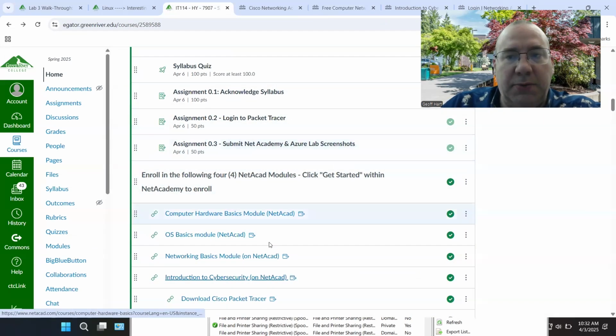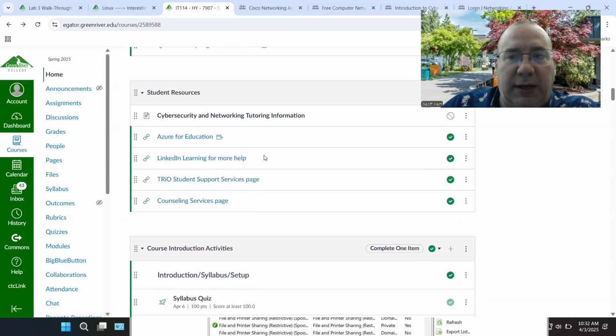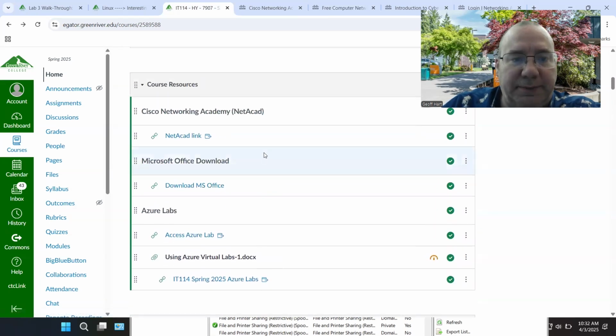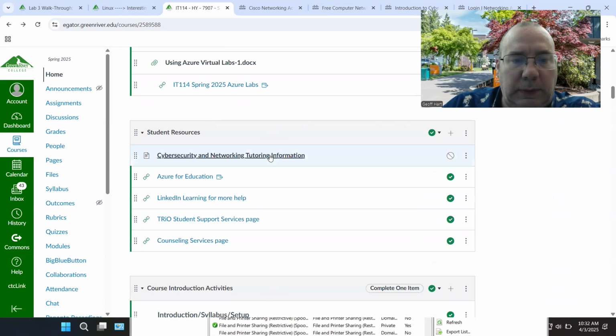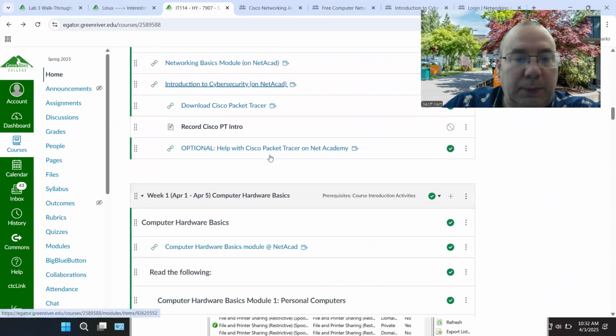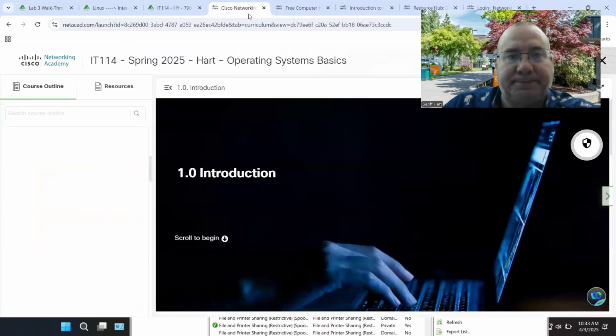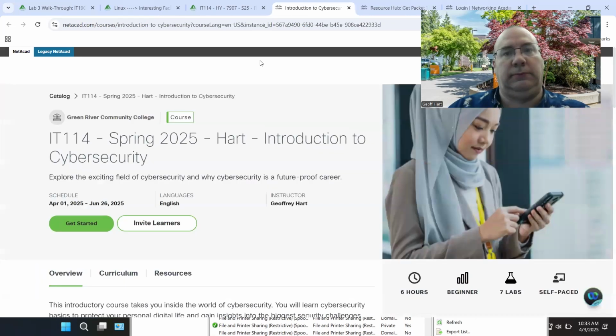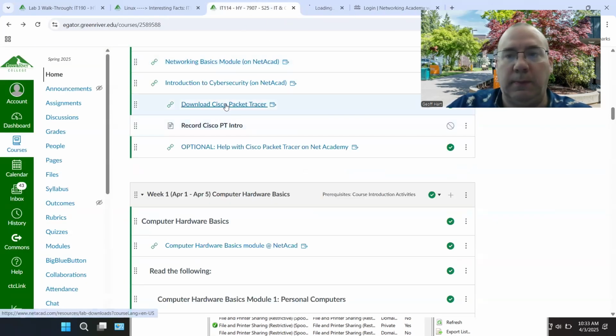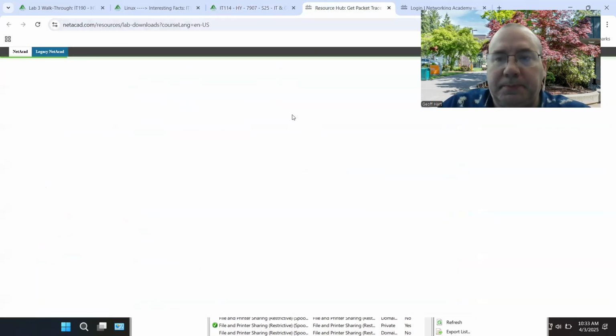The next thing I'm going to do is demonstrate how to get a hold of Packet Tracer. You go to this link right here, download Cisco Packet Tracer. And again, I'm going to center click.